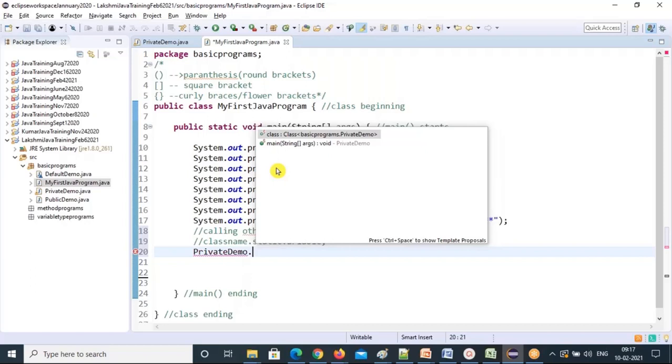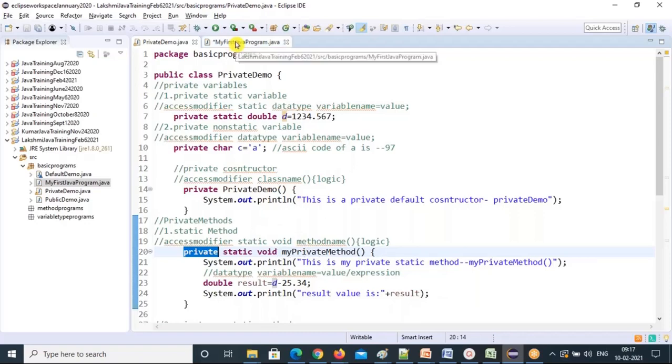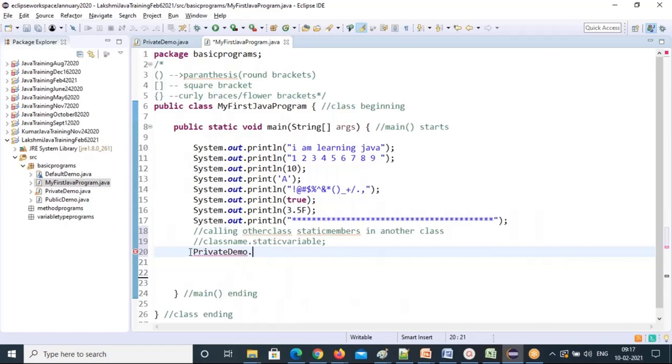That also I covered, that point. What is that point I told you? Private access modifier is accessible in the same class only, not outside the class. So this is the proof. These private variables, this D is not visible there. Why? Because of the private keyword. D is not visible in another class, and this private method also is not visible. Why? Because of private. Private is stopping the visibility of these members in other classes. You cannot access them. Okay, is it clear?